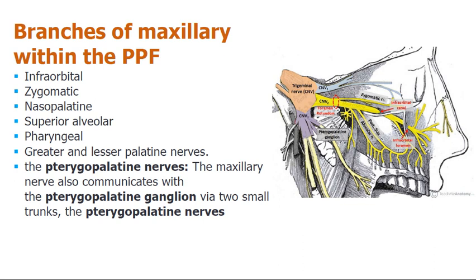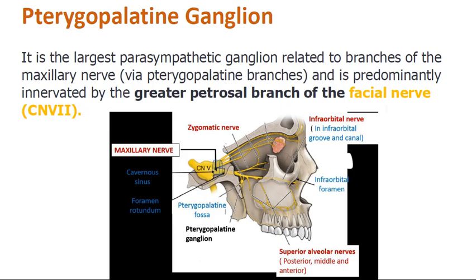The pterygopalatine nerves that are hanging the ganglia to the main trunk of the maxillary nerve. So by these twigs of nerves, we can say that the ganglia also serve for general sensation of the mucosa of the naso-oropharynx region. So this is an important ganglia, and even sometimes we can call it the